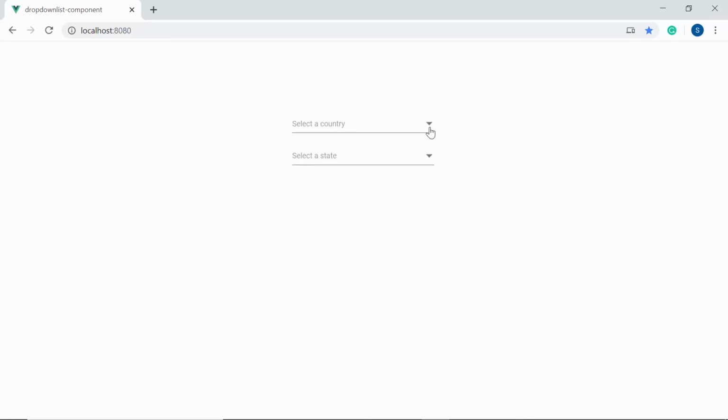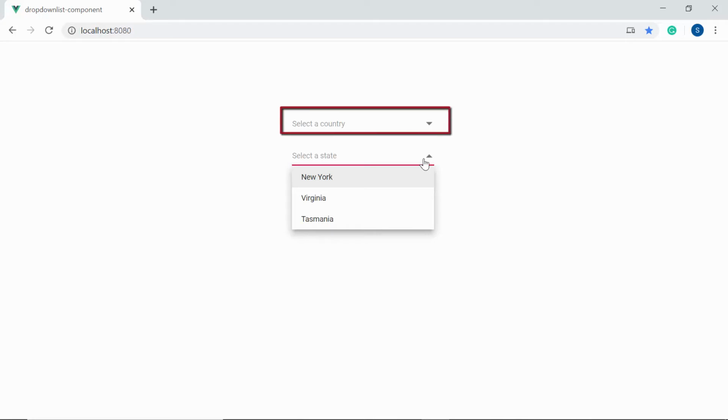And now, you can see the drop-down list components rendered one after the other. You can also notice that the state drop-down list component is enabled and displaying the state names even though the country drop-down list has no selected value. So, to disable the state drop-down list and to populate the state names only based on the selected country value, I need to write logic for handling this scenario.